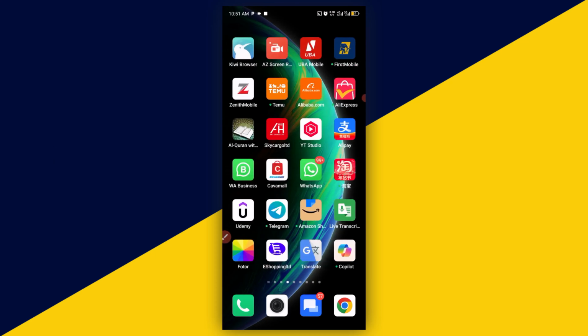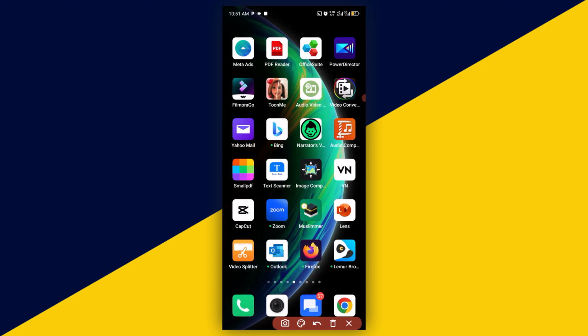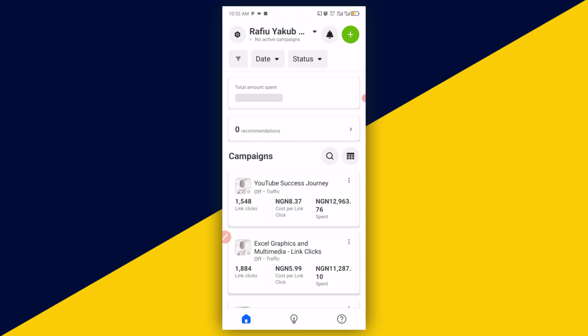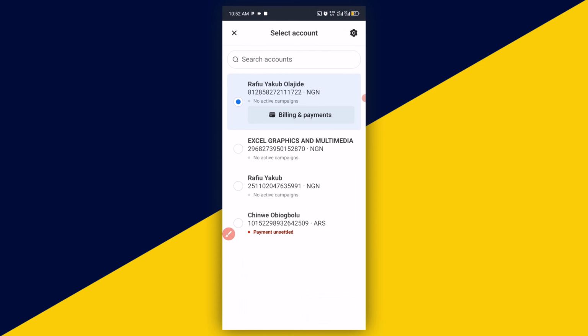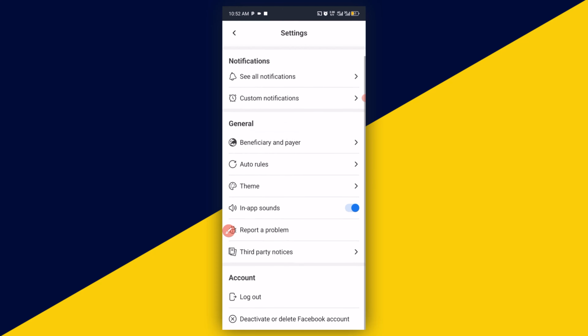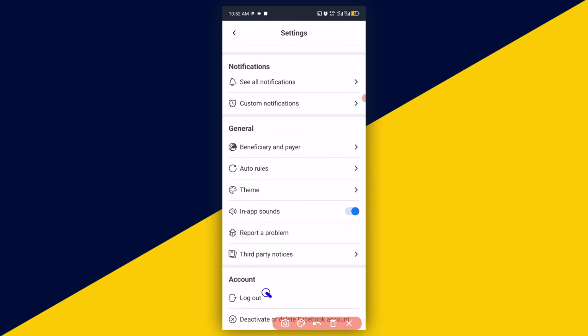The very first thing you need to do is to head over to your Facebook Meta Ads. So click on that. I'm going to simply click on here, and it's going to load up like so. The next thing you want to do is to simply click on the settings icon right here, and it's going to take you right here. Next thing you need to do is to simply click on the settings icon right here again. It's going to take you right here. Next thing you need to do is to simply scroll down right here and click on logout right here,